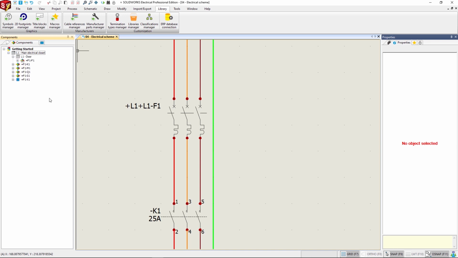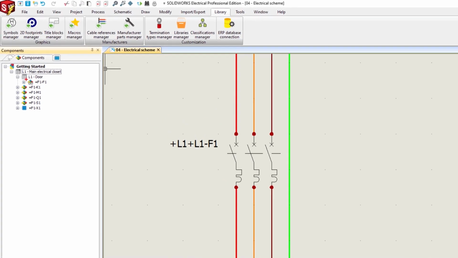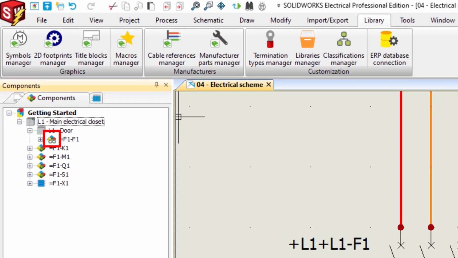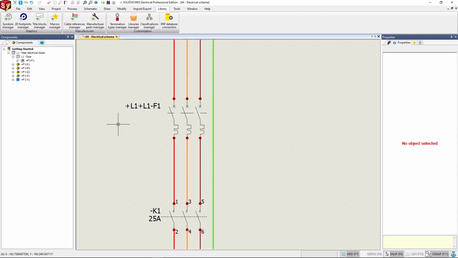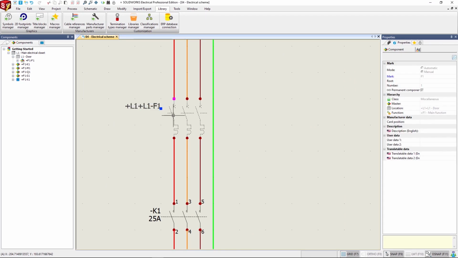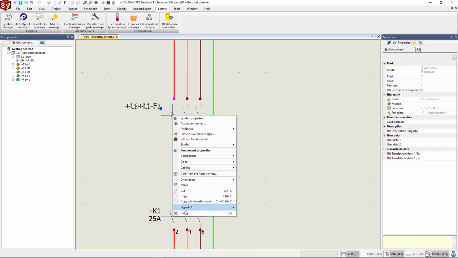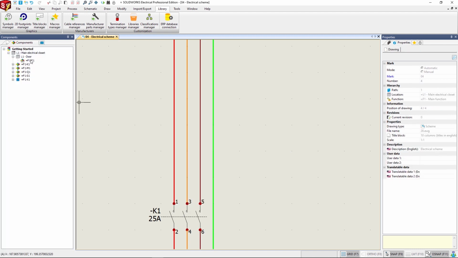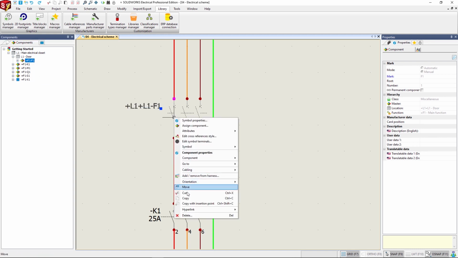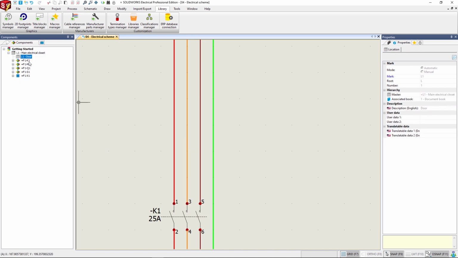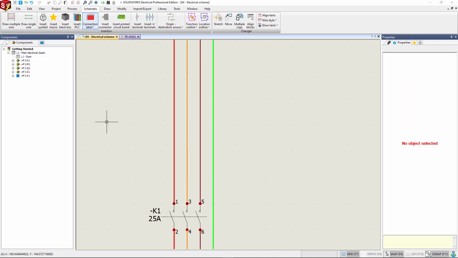Mandatory components or permanent components are those components with a continuous symbol associated. When a symbol is set as a permanent component, if you delete the symbol, the deletion won't affect this component. Let's go back and change the component permanency. When a symbol is not set as a permanent component, deleting the symbol will automatically delete the component.